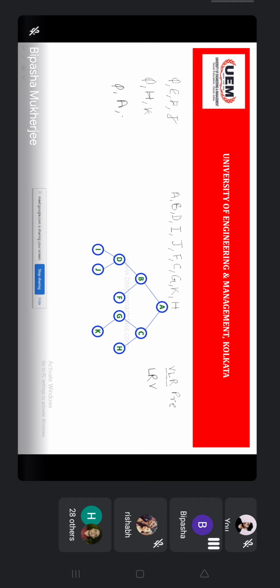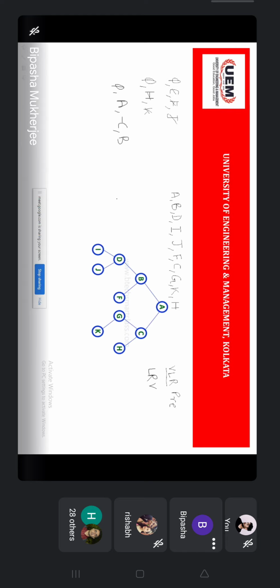Now, whenever you are pushing any right child, to indicate that it is a right child, it must be preceded by a negative symbol. There is no mathematical meaning to this, but it is the standard procedure. So for this, you will do this.